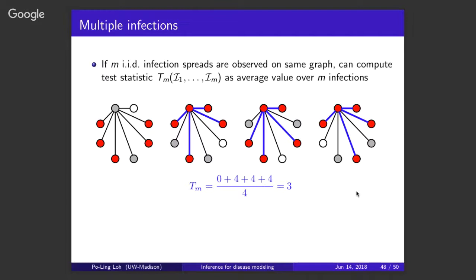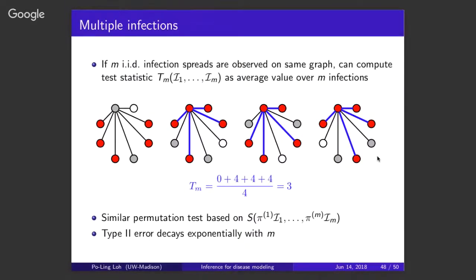So what would the permutation test look like? Well, the test statistic would probably be the average of all of these edges-within statistics. So now it's like we observe 4 at a time, and we count up the total number of edges between red nodes in any of these graphs, and we average it out. And then to get the overall distribution in order to do a hypothesis test, we do a similar permutation test where we just reassign everything for all 4 replicates. So the theory, it's not too hard to show that this works.